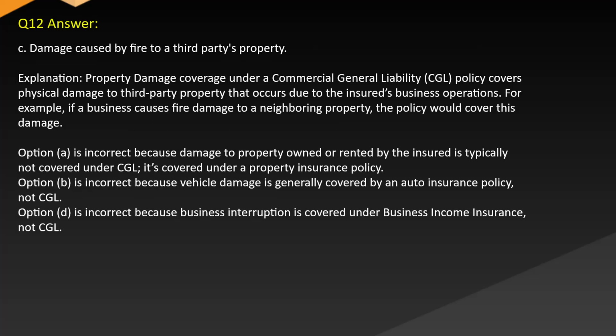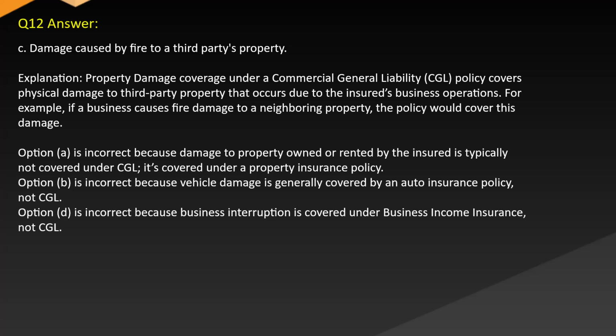Answer: C. Damage caused by fire to a third party's property. Explanation: property damage coverage under commercial general liability (CGL) policy covers physical damage to third-party property that occurs due to the insured's business operations. For example, if a business causes fire damage to a neighboring property, the policy would cover